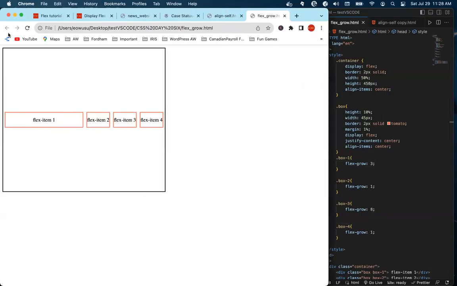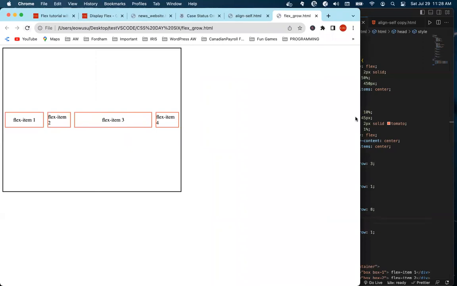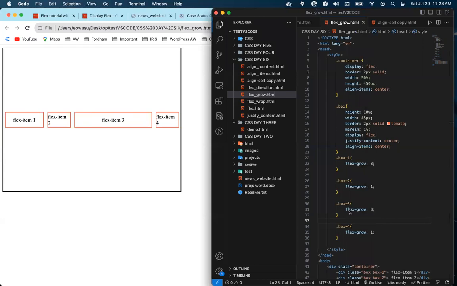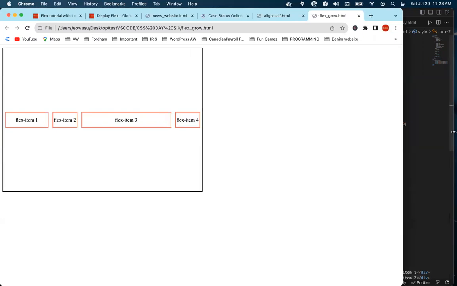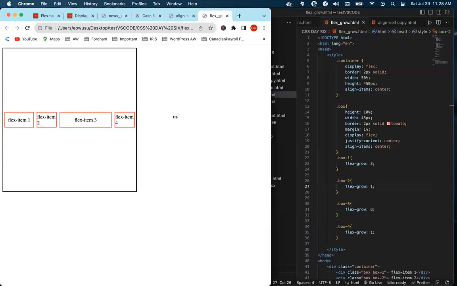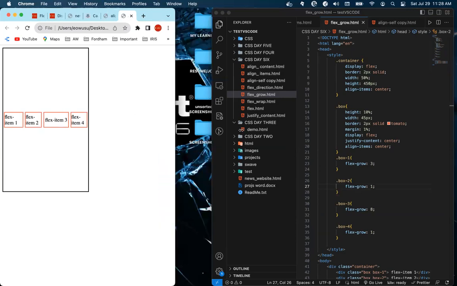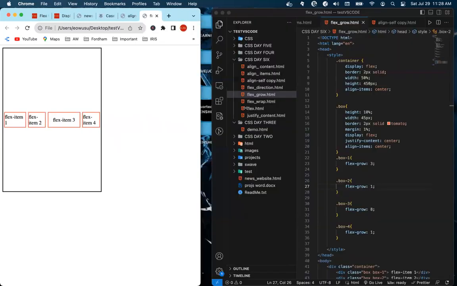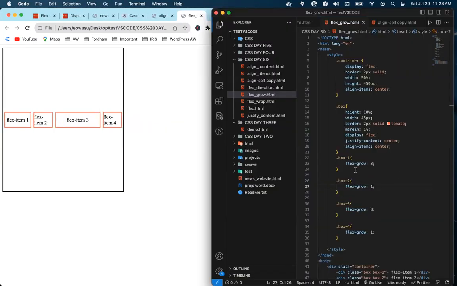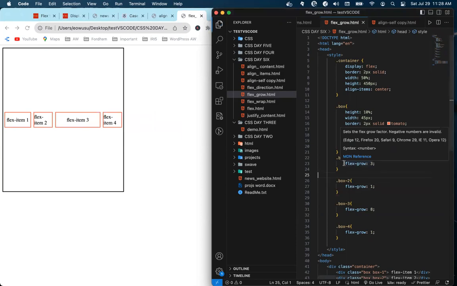Oh, you have to refresh for the changes. Yep. So now you can see that the third box has a bigger length, and then the second has a bigger length, and then the first. So this allows you to control the size of the boxes. It's very, very important. And most importantly, as the size of the page is changing, you see? Yeah, so let's do the shrink. Let's do the shrink because of our time. So the shrink is,